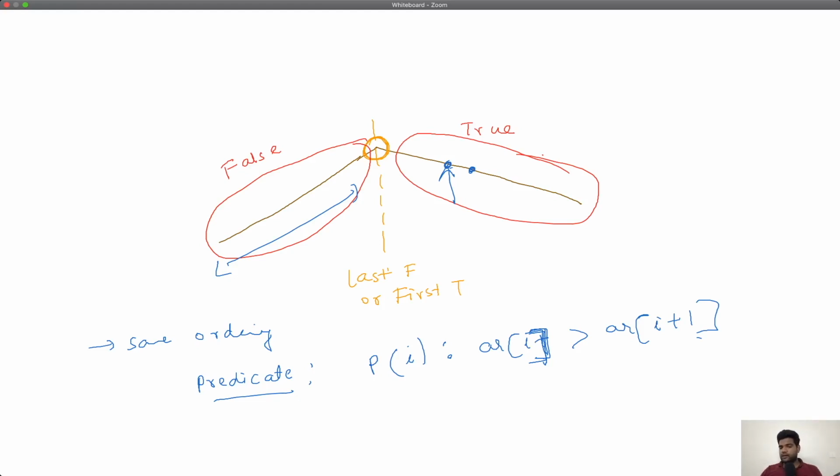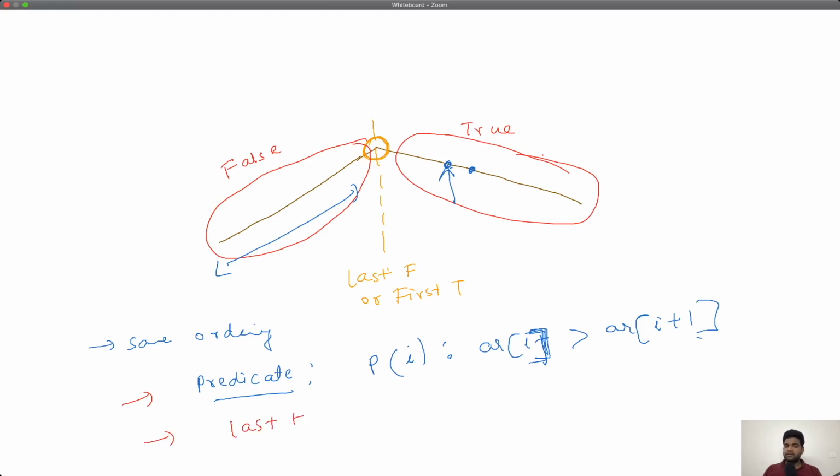So if you use a predicate of this type, then you can roughly see that it will evaluate to false for the first half and true for the next half. So that's basically the thought process behind it. When you want to devise a predicate, keep the same ordering, devise a predicate of this type. What is the third part? The third part is what are you interested in?